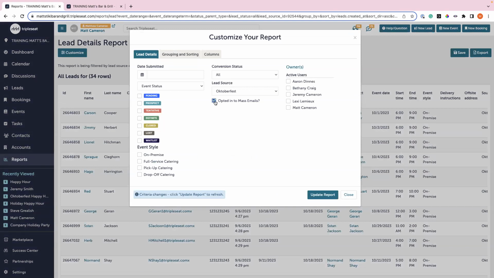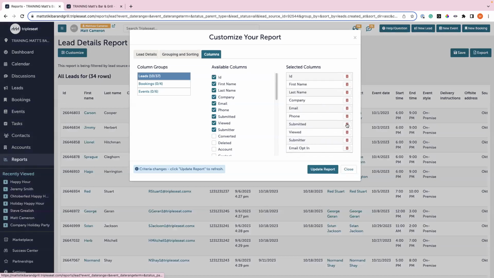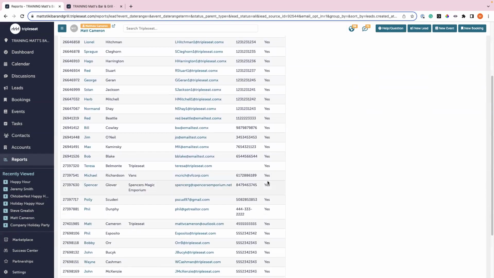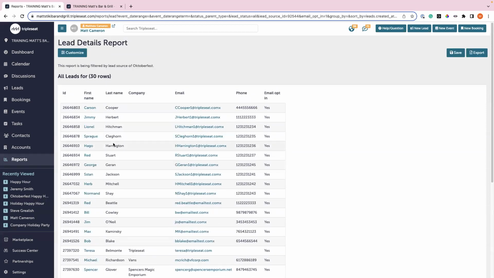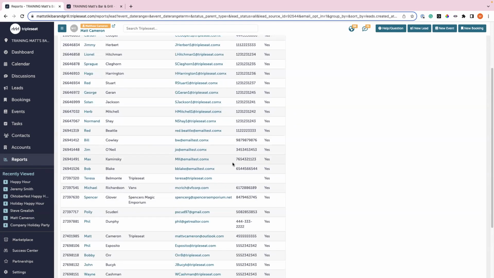What I like to do is make sure that we're checking this opted into mass emails box. We can get rid of some of the information, just to look at a bit more of a pared down report here. So now what I have is everyone who submitted a lead through this lead form, but is also opted in to receiving mass emails from me and my venue. So essentially what I have is a list here of email addresses that I can reach out to about future holiday events,